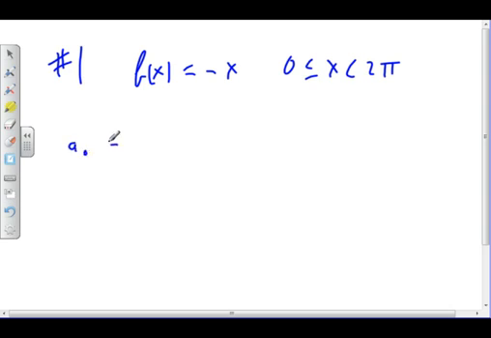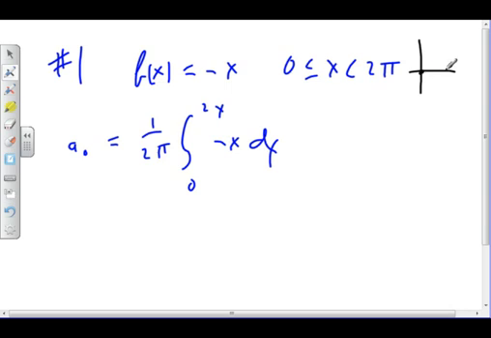So we need an A0, 1 over 2 pi, integral 0 to 2 pi, minus x dx. Now, let's look at this guy for a moment, and what does he look like? Well, at 0, I'm 0, right? And when I get out to 2 pi, I'm going to be at minus 2 pi. So this is a triangular function that does that. Now, A0 should be the DC component, right? So what's the DC component of a half of 2 pi squared? So this is a 2 pi squared area, and half of it would be